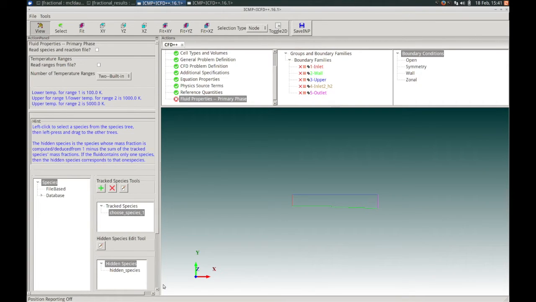The first option will allow us to read a species and reaction file. This option can be useful for cases involving chemical reactions such as this one, where manually selecting every species and every reaction along with all the terms in each rate expression can be somewhat tedious. The present example uses 9 species and 18 reactions. And to skip this step of entering these, you can select this option.